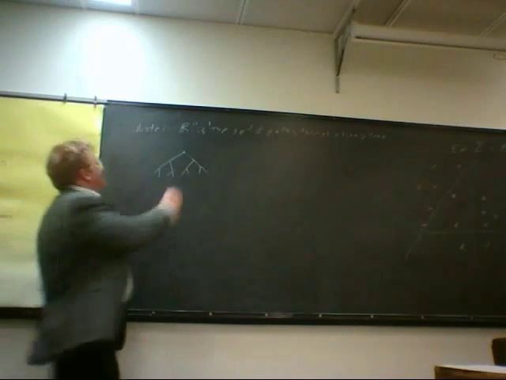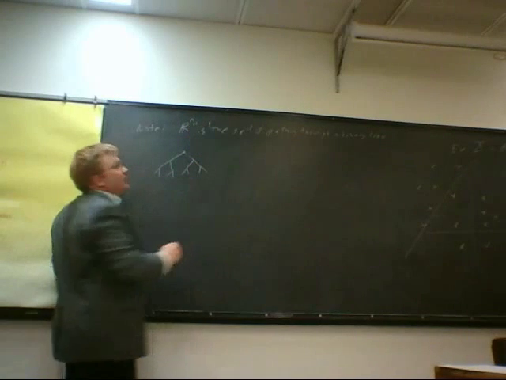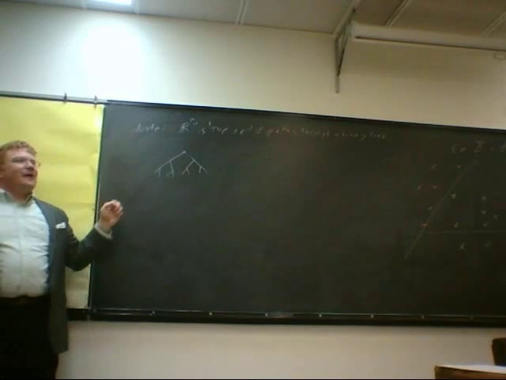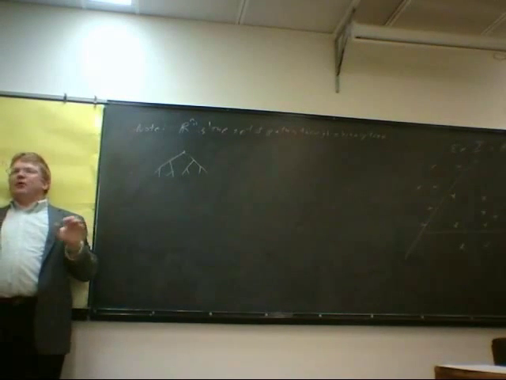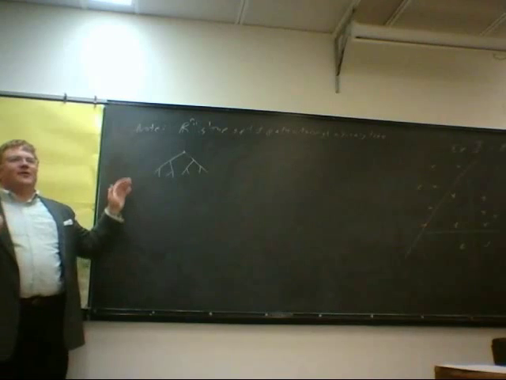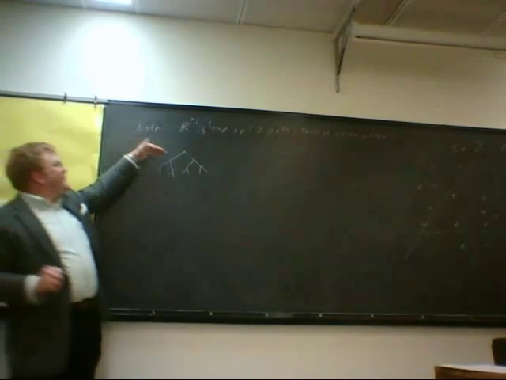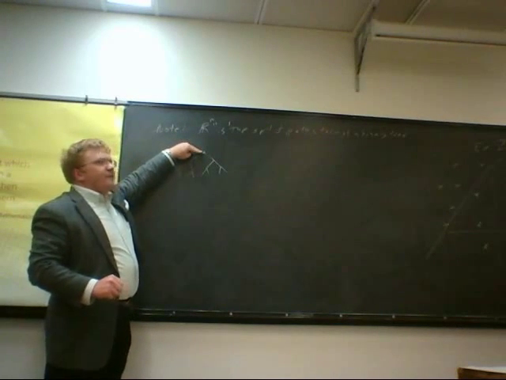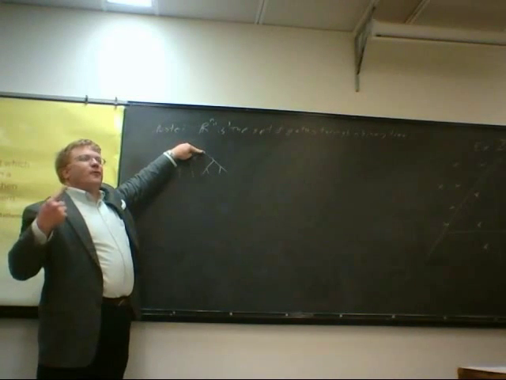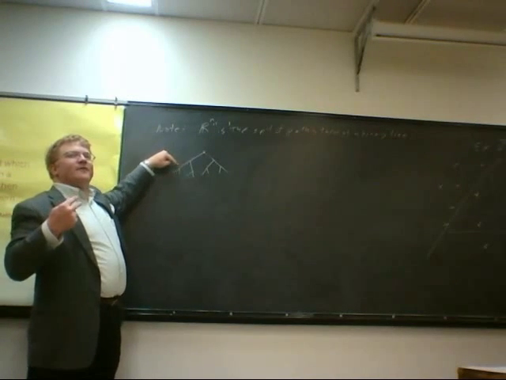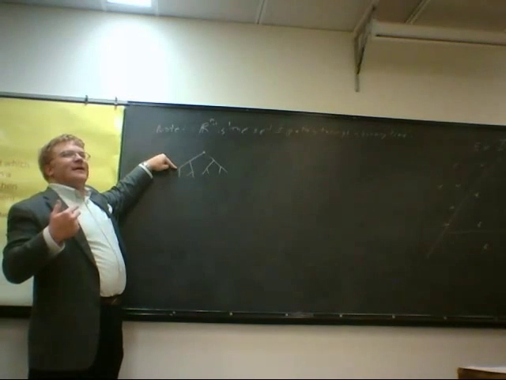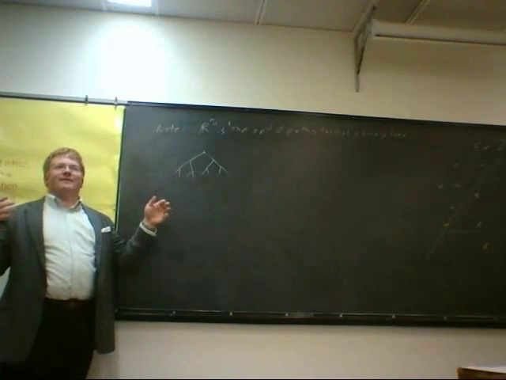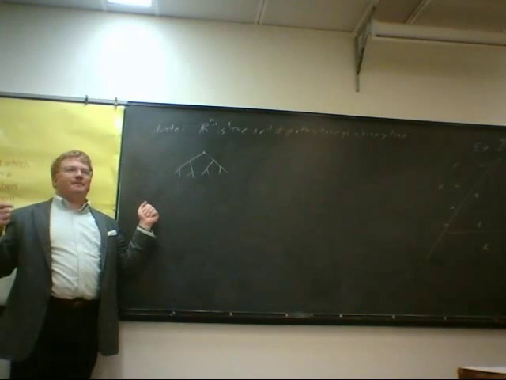You can even do this with a little more difficulty. You can even do it with Rn. You have to think some about how to deal with many coordinates, but you actually can code that into this tree. For instance, if n is 3, this one will tell you about the first coordinate, this one will tell you about the second coordinate, this one will tell you about the third coordinate, then the next 3 will tell you the next digit of the first, second, and third coordinates.